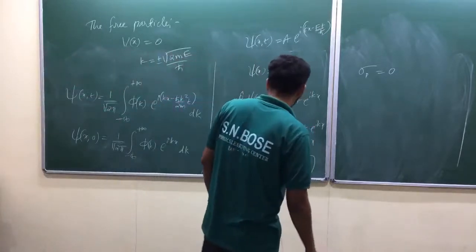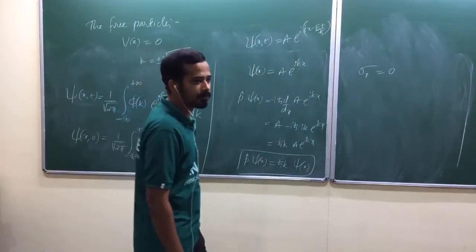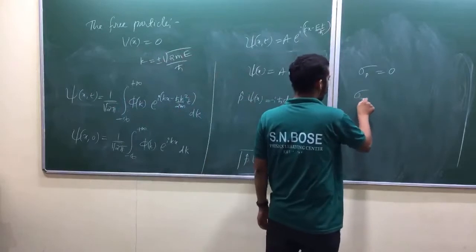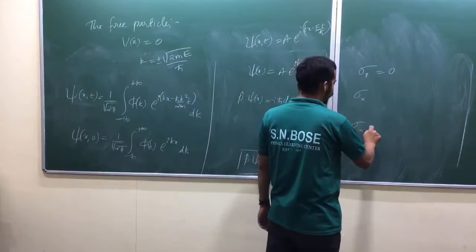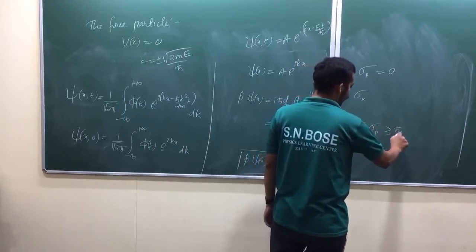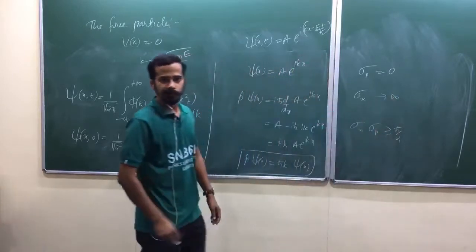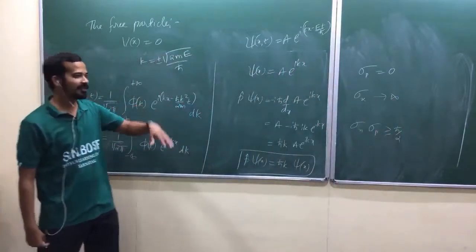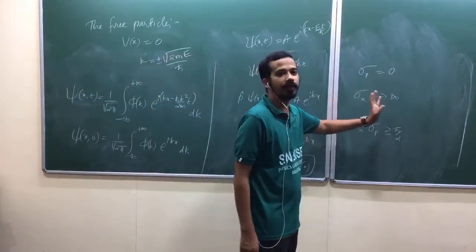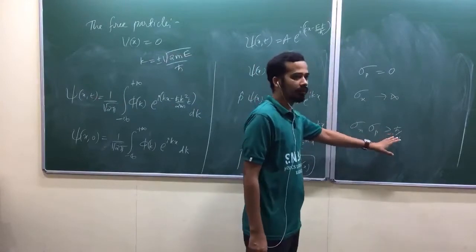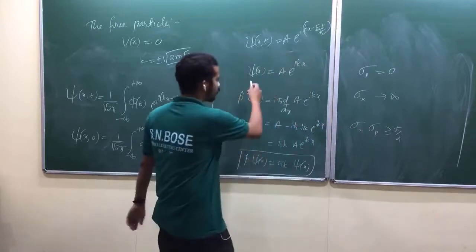Now, if sigma p equal to 0, according to uncertainty, what should happen to sigma x? So that product sigma x into sigma p, it should go to infinity, am I right? But infinity into 0, that is indeterminate. But still, if this is small, this should be very high. So that product should never be less than h bar by 2, isn't it? Now look at here, observe that. What is mod psi square?